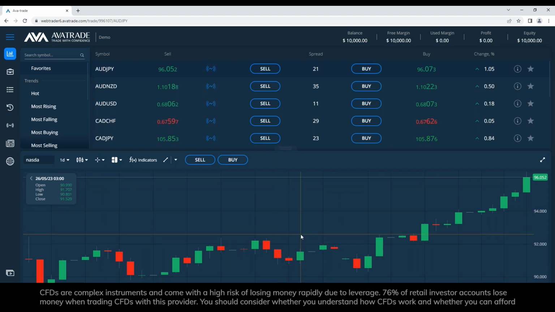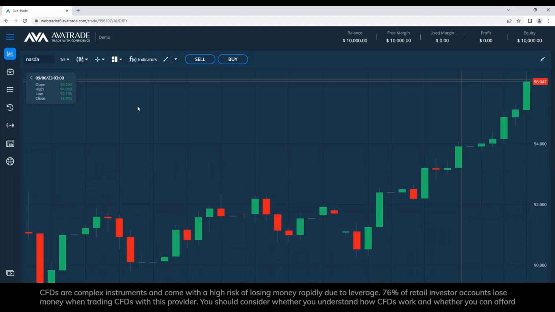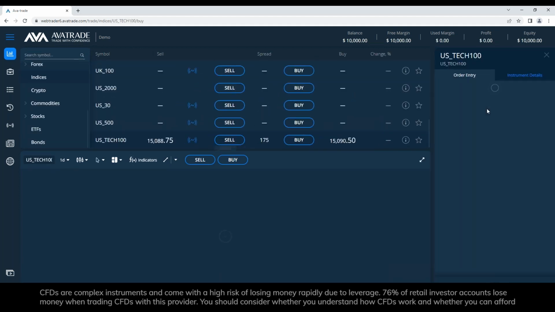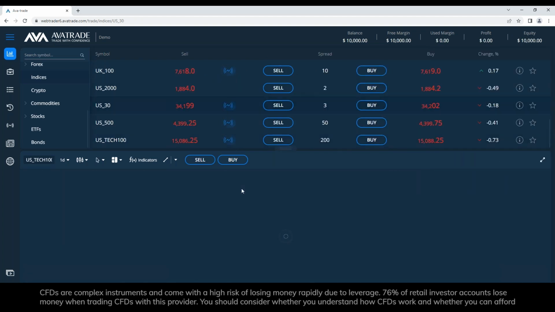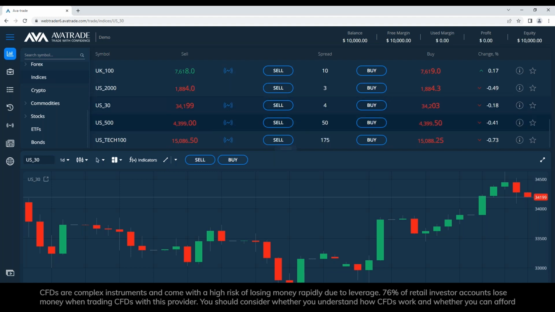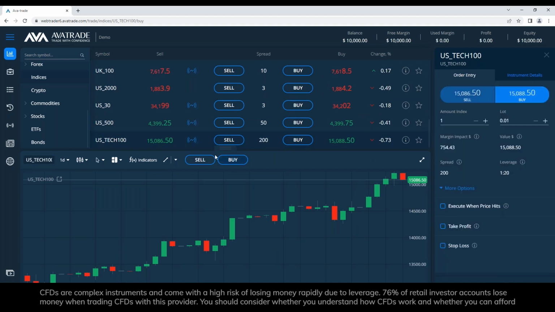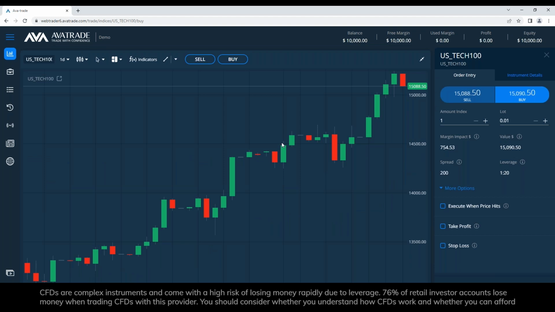Now, the 3rd step is to open the sidebar. So we have 3 steps. The first one is to follow the arrow, the second one is the crosshair, and the third one is to open the sidebar. So watch what happens. If I click here on the asset, it did it by itself. Sometimes it doesn't. Look, if I click on something, you see it didn't open the sidebar. So to open the sidebar, I must click sell or buy. Then I can re-expand it. Beautiful. Everything is wide and comfortable.